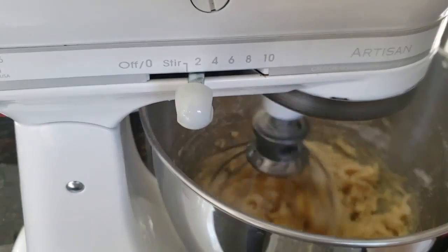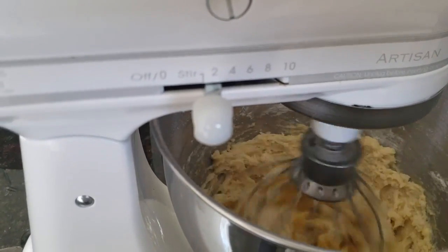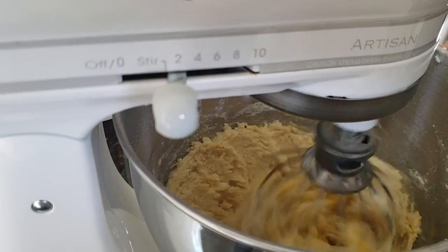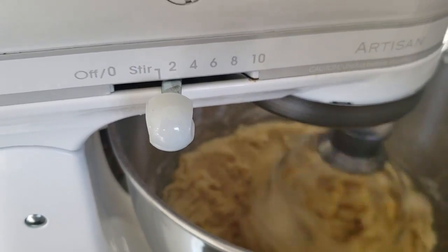And we just have it on a nice low speed so that we're not flinging cookie dough all around the kitchen, right? So as you can see, that's coming together nicely. And I always say this, I wish we had smell-o-vision, because that smell of the amaretto and the cookie is what really makes this fabulous along with the ricotta. We'll be back in just...